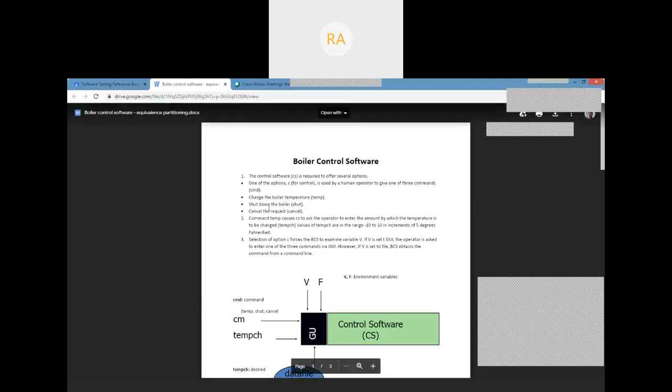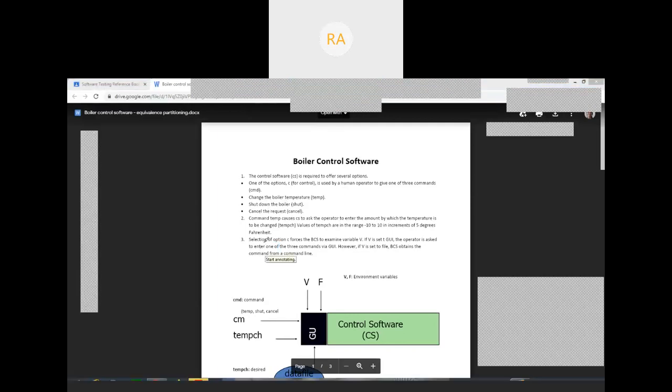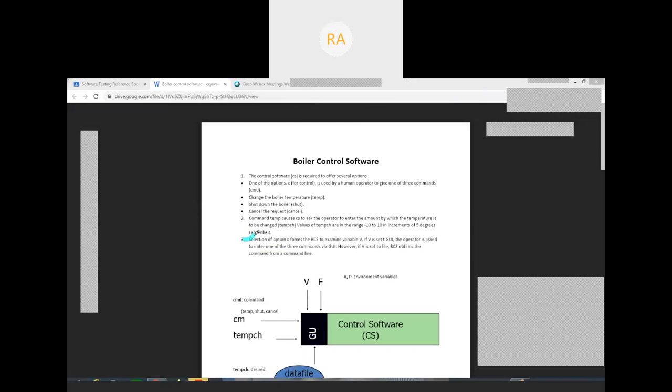Then select the option, wait, select the option here. Select the option, I am with respect to this point now. Select the option C, okay. It forces the boiler control software to examine certain environment variables like V and F. Okay, and if it is set to GUI, graphical user interface, then operator is asked to enter the command via